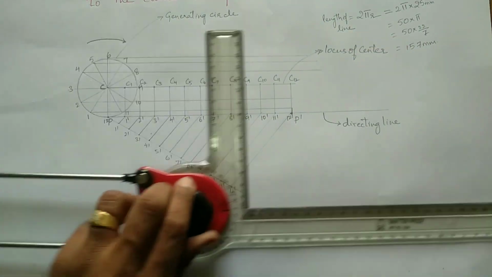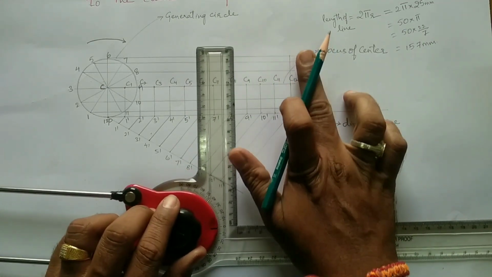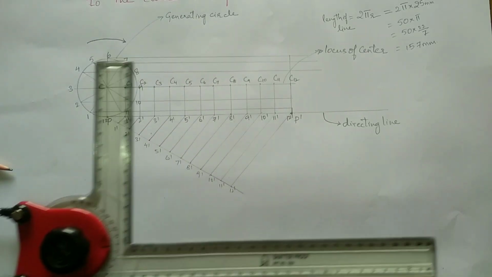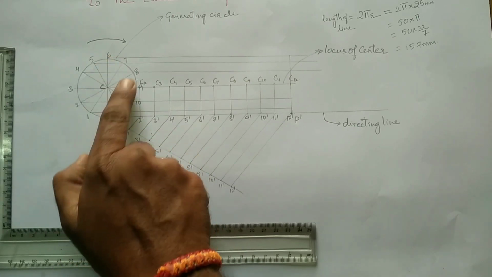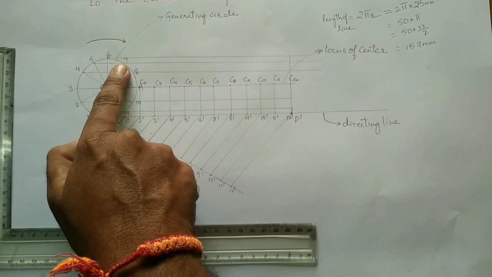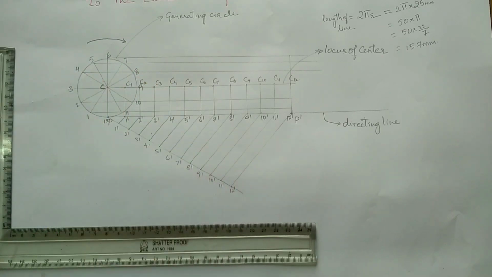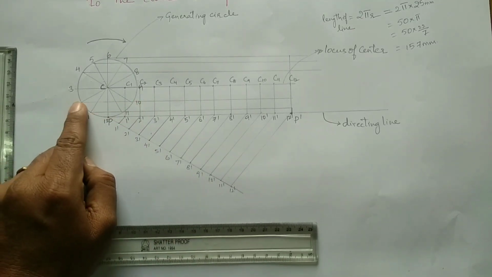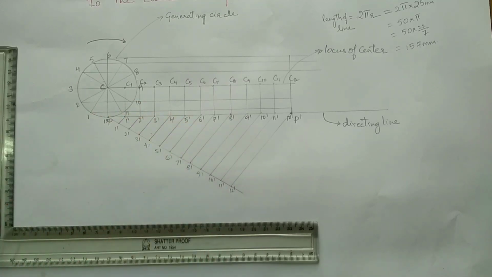So such that it should be limited only up to this location. If any excess lines are there, you can just erase them. Now, up to the 6, again 7 is intersected on the point of line 5 only. 8 on the line 4. 9, it is already intersected with the locus of center as well as the line 3. 10 is joined along with line 2. 11, joined along with line 1.